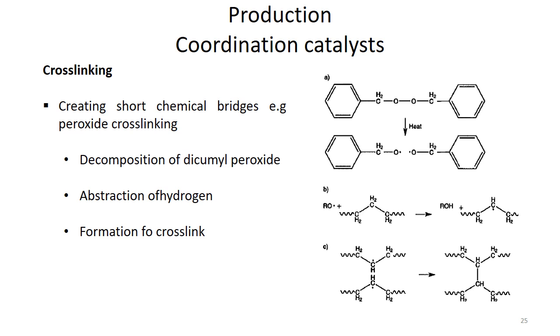Peroxy radicals abstract hydrogen atoms from the polyethylene chains to create free radicals. We have in step B these free peroxy radicals. They extract a hydrogen atom and it turns into a free radical, and then these two chains containing free radicals combine together to form a carbon-carbon bond. That is the formation of a cross-link between them.